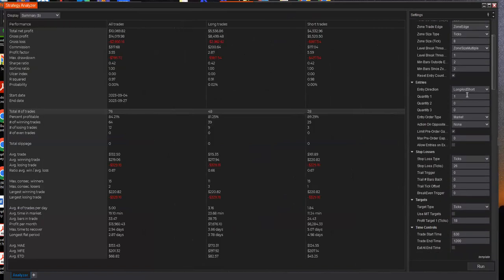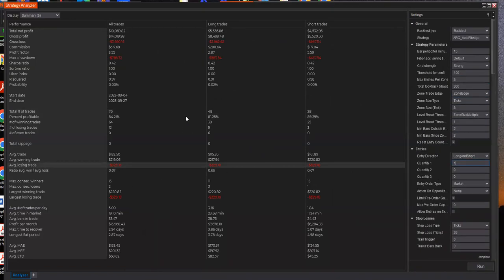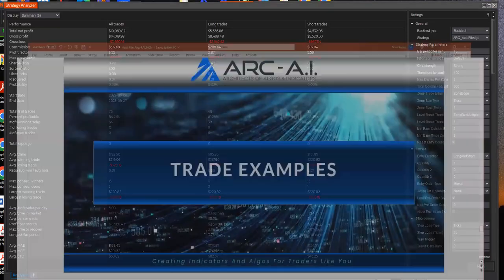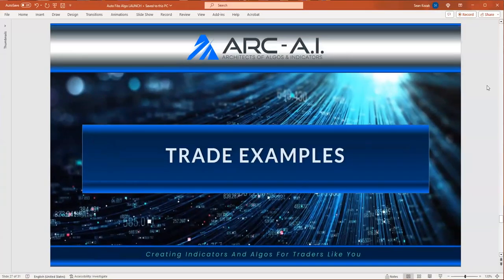This is only trading one contract. The average risk per trade was less than $350. You could pass evals with this, no problem. The drawdown in this is, like, come on, right? So it's really a simple tool. I believe in simplicity. I think that it can really do good for traders.